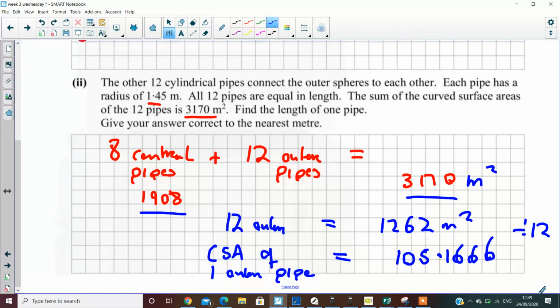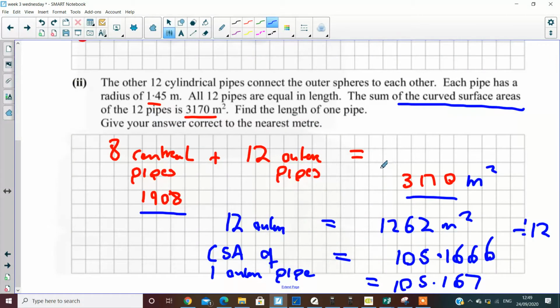Not yet though. The answer is to the nearest meter. So you keep it in decimals until you get to the answer. Then you round off. Does everyone understand that mistake? Don't round off until you have the answer. Okay. Now, what does it say? Am I going to use volume formula or curved surface area formula? Have to use curved